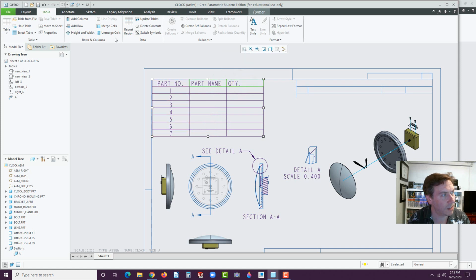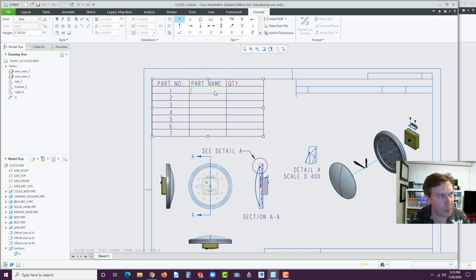Control select these 2 cells. And oh, you know what? The text editor just went away. That's all right. We'll bring it back in a second. Okay, so I'm going to leave the part names blank. Number 1. Let's actually get some of these things in here first. First on this one, number 1, I'm going to put 1,